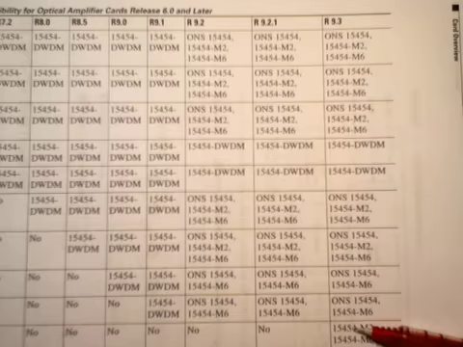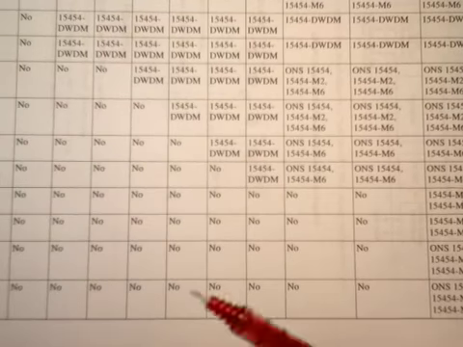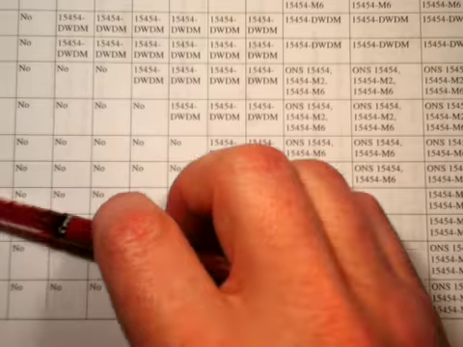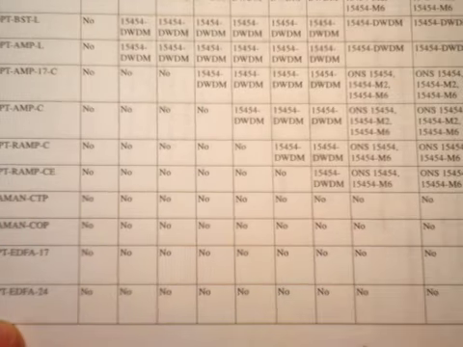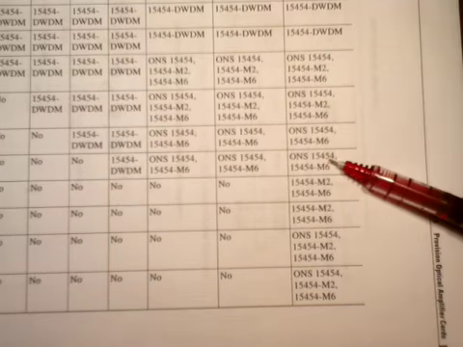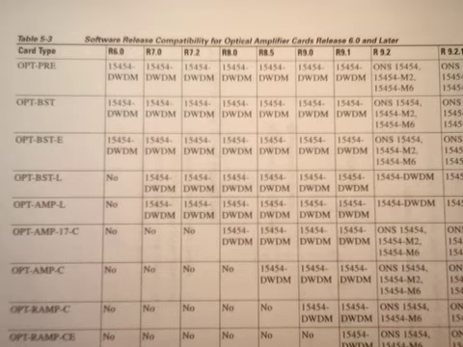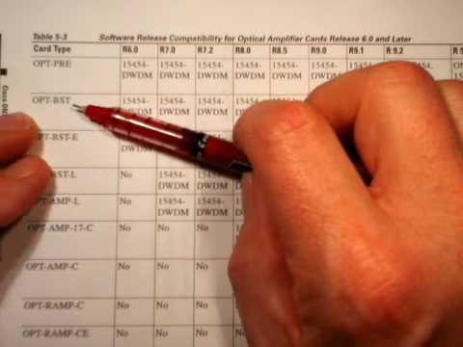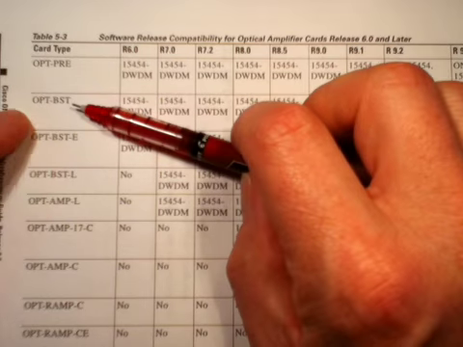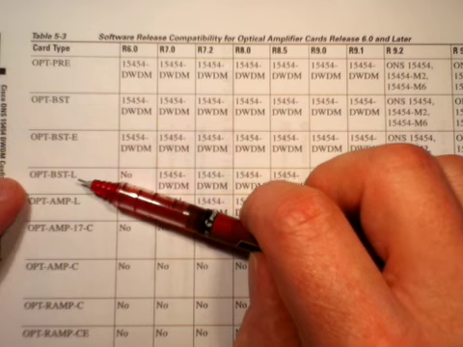And in the 2011 release of the documentation, they must have also added these 4 amplifiers down here, because the last 4 are the only ones compatible with the new release of the software. Okay, so you can see now we have the name optical preamplifier, optical booster amplifier, maybe BST, boost E, boost L. Okay,